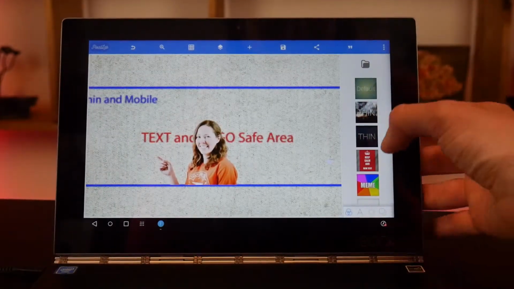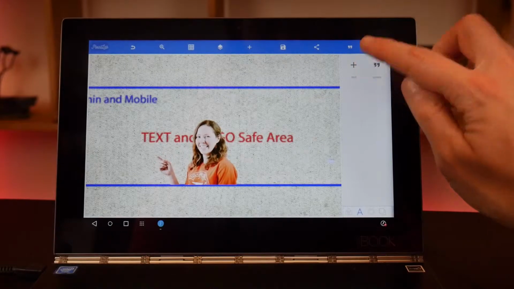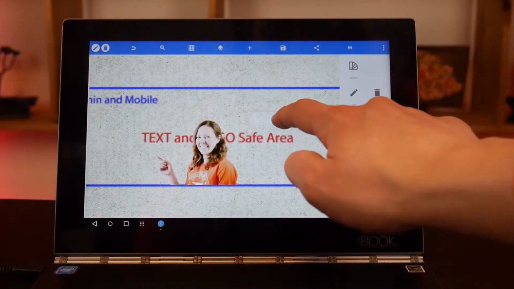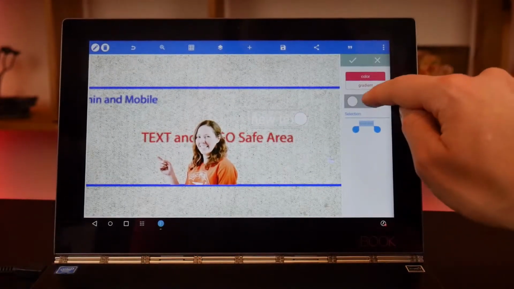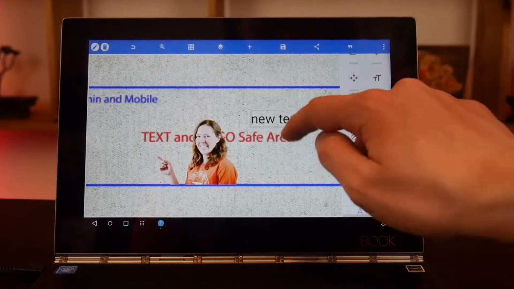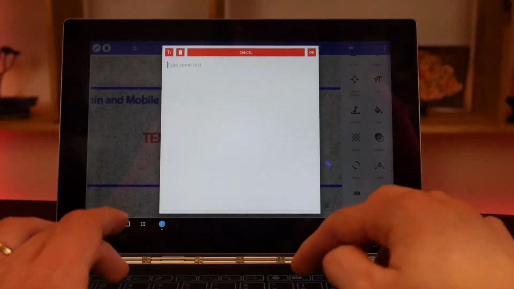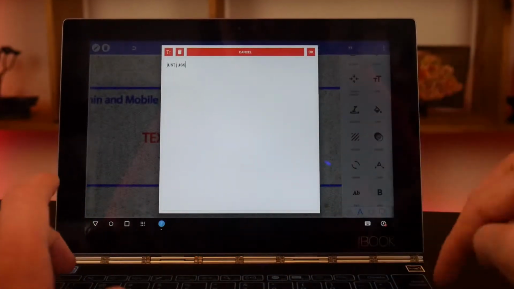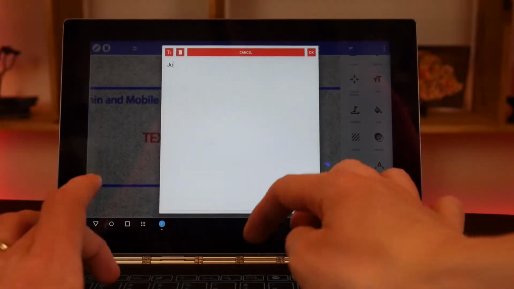So now I'm ready to add some text. I will press the little A button down here and press the little plus to text, and it gives me some text up here, which we can't see currently, so we can change the color over here, change it to black, and I can double tap to change my wording here. So if I want to do something like just Jess, which is my channel name, I can do that